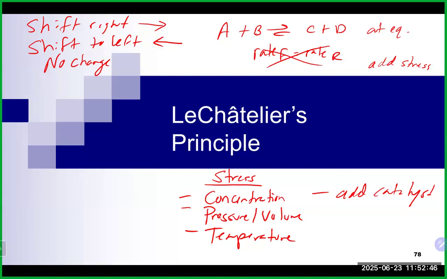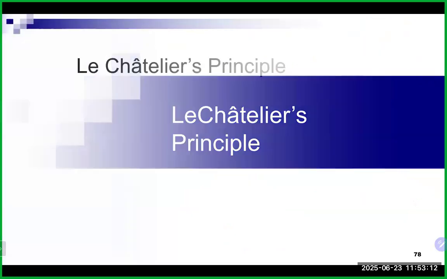The goal for this is essentially you're at equilibrium, you do something to mess it up, it gets itself back to equilibrium a second time. So that's sort of what the shifting is going to allow it to do, to get itself back to that rate of forward direction equals the rate of reverse direction. So we're going to talk about each of these and sort of what's happening and what the effect on the equilibrium is. So let's get going with